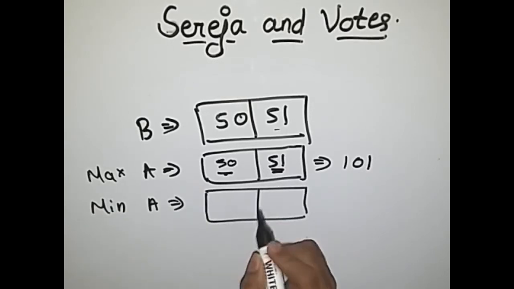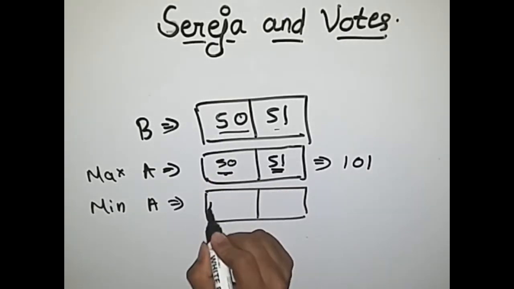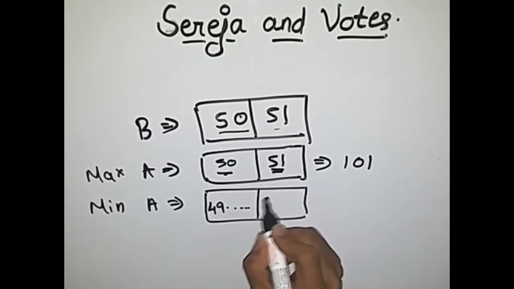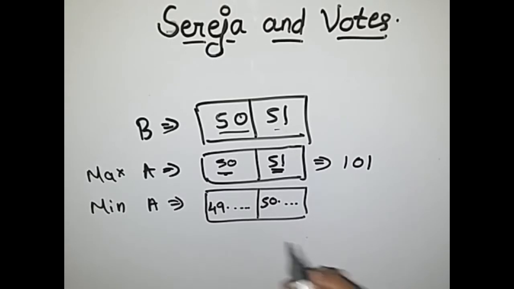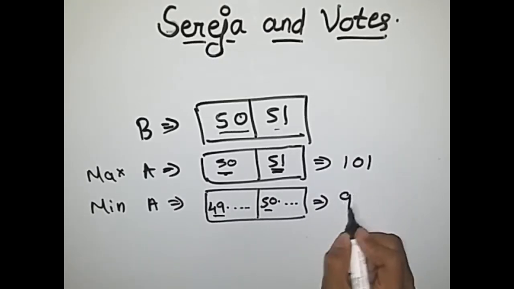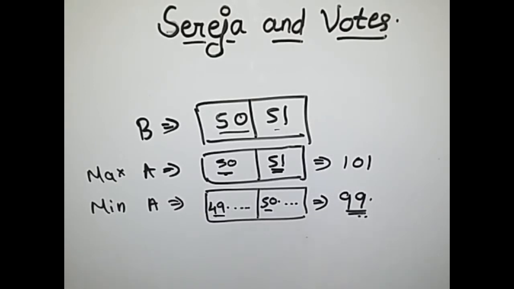And the minimum sum for this would be like this: this is 50, so this should be 49 point a very minute value, and this should be 50 point a very minute value. So let's round it off to 49 and 50, so its sum becomes 99 again. So the basic